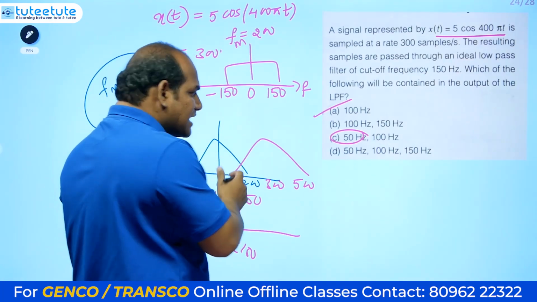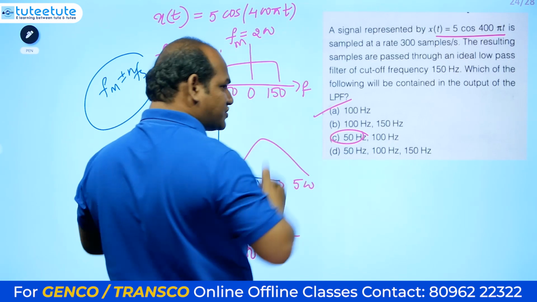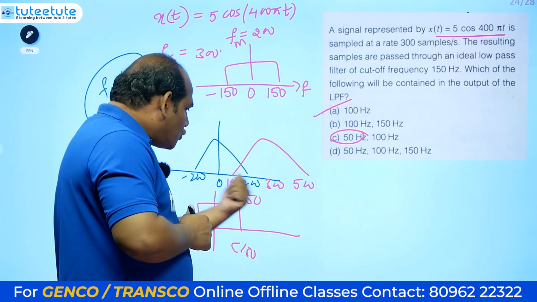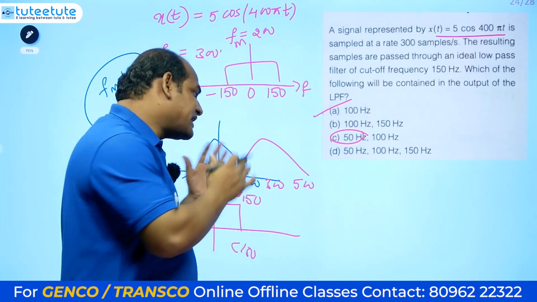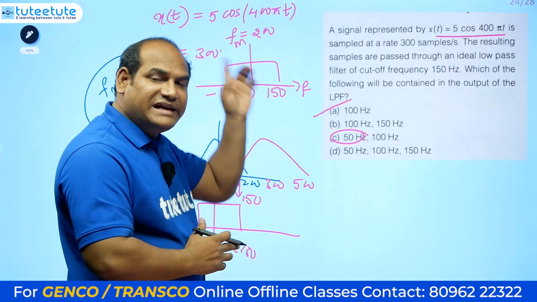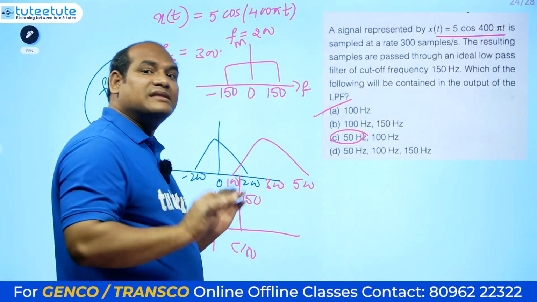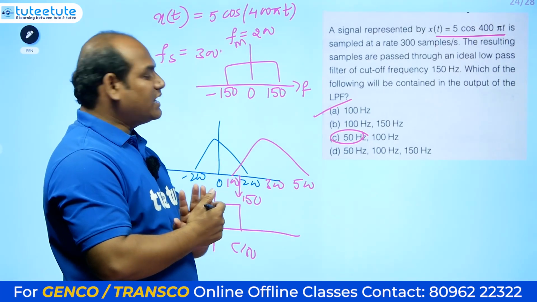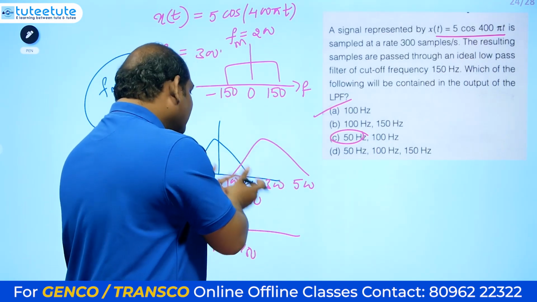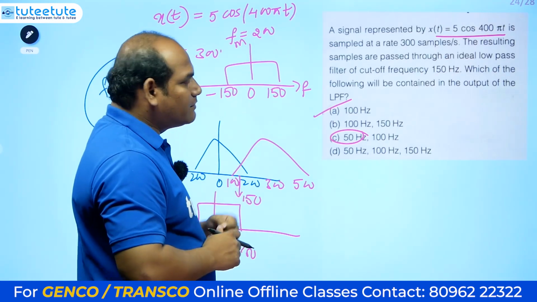So this particular analysis is not valid for the cos function, because what is the meaning of taking a triangle? 0 to 200 is valid. Okay, for explanation purposes we can take this, but the original signal is the cos function, existing only at 200. That is what you need to understand. But by shifting this you will also have the 100 frequency, so the answer will be 100.